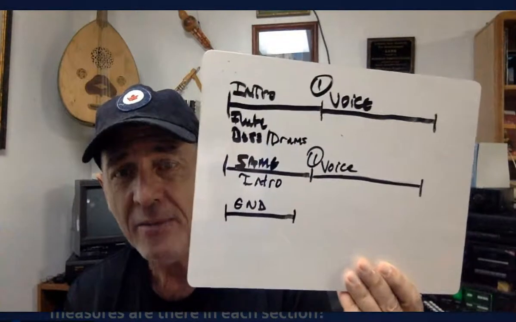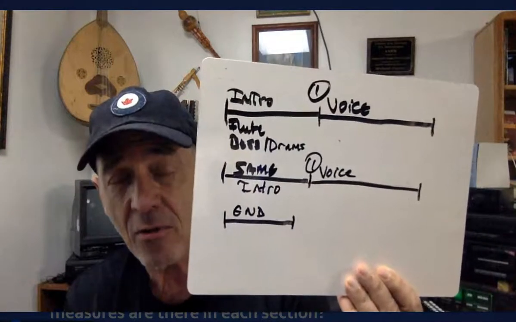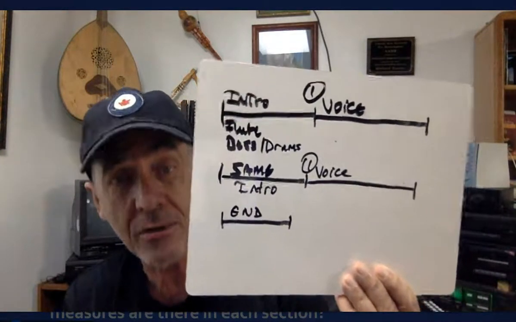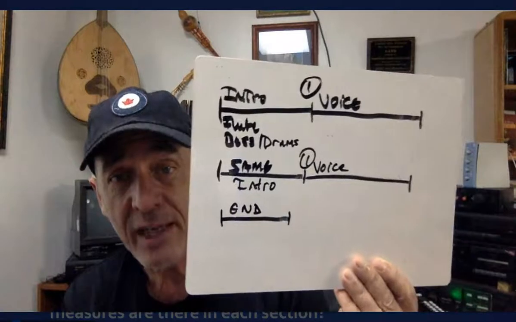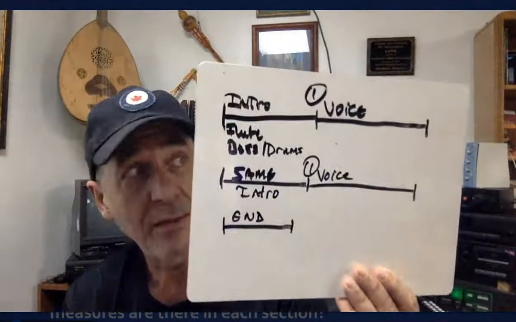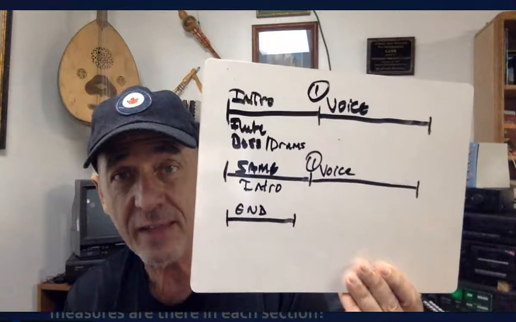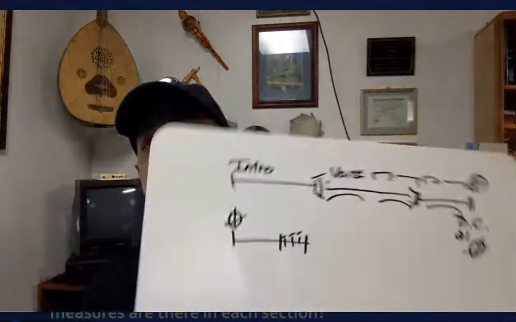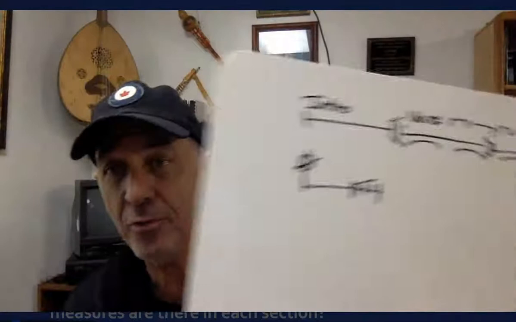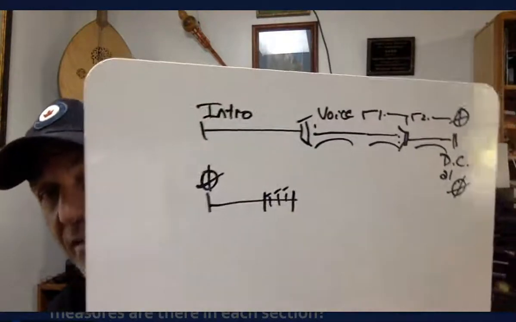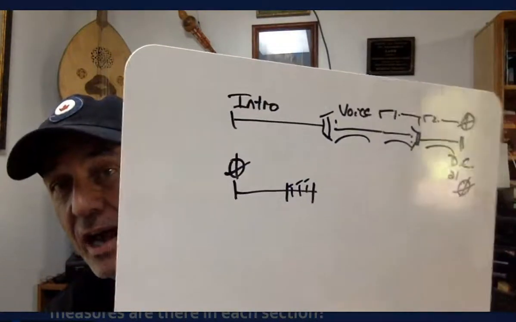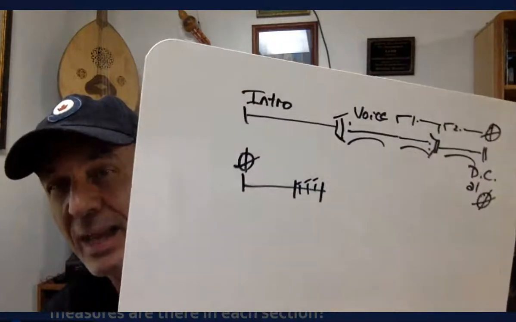Then we come back and we do the introduction again, which is now called a refrain or an interlude. And then we do the voice again, and then we have an ending. Okay. So minimally, we'd want to be able to hear that in sections like this, okay? Then eventually we start listening for repeats, and so this is better. In other words, that first way I showed you was correct. This is better. I have an introduction, I have a voice section that repeats,